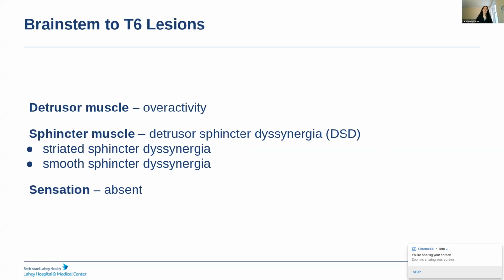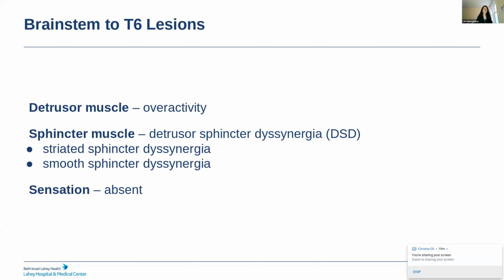Now I'm going to break up the suprasacral spinal cord lesions between the brainstem and T6 and then T6 to S2. So if we look at brainstem to T6 lesions, the detrusor muscle again will be overactive. The sphincter muscle will be discoordinated, so they'll have DSD. Both the striated sphincter muscle and the smooth sphincter muscle will be dyssynergic. And then their sensation will be absent. So the bottom line here is they'll have detrusor overactivity with DSD and incomplete bladder emptying with a functional obstruction